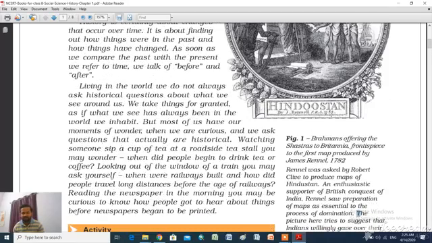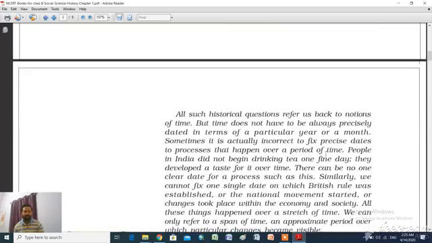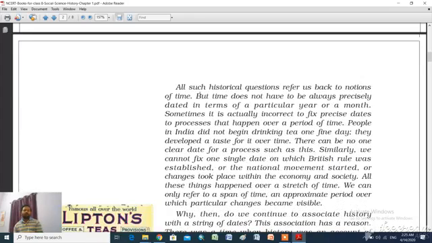Look at this, there is a date, 1782, the year of drawing. So all such historical questions refer back to the notion of time, but time does not always have to be precisely dated in terms of a particular year or a